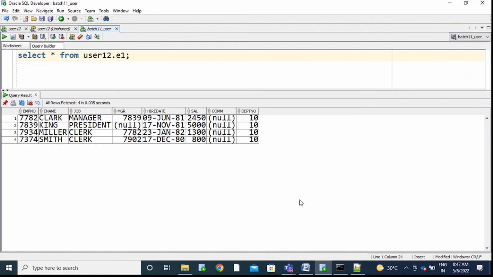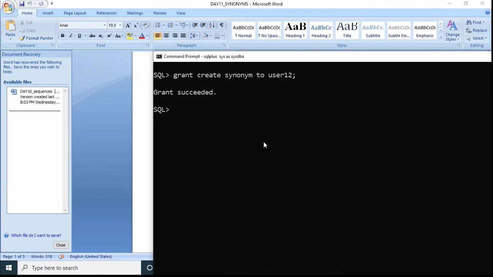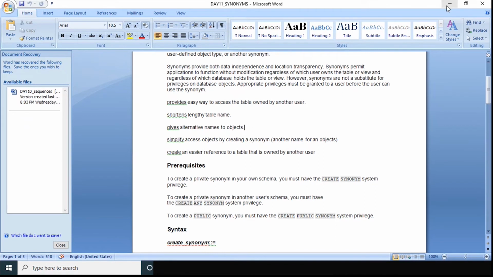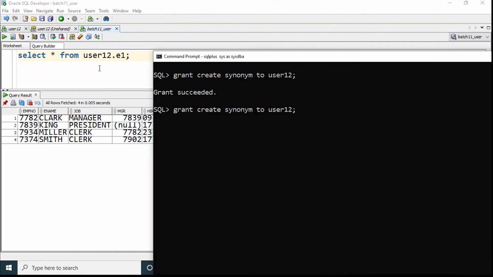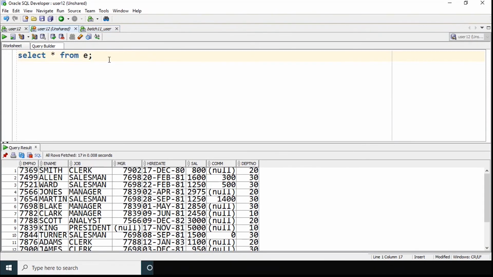So to simplify our work, Oracle has introduced another synonym, a public synonym. To create a public synonym, we must have the create public synonym privilege. So when we take the grant, to create a public synonym, the advantage is that it is global. If you create an object, see now you are using some object like user underscore